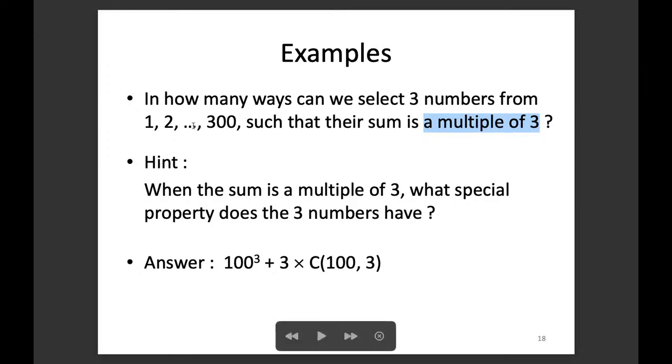So we are grouping, from 1 up to 300, all the multiples of 3 together in one group, all the multiples of 3 plus 1 into another group, and all the multiples of 3 plus 2 into another group. So there are 3 groups, and in this case, 100 numbers in each group. In order to